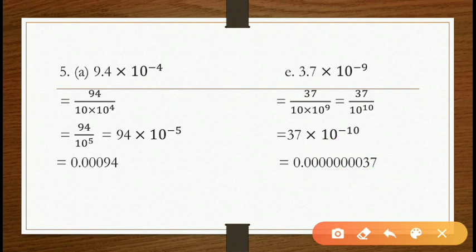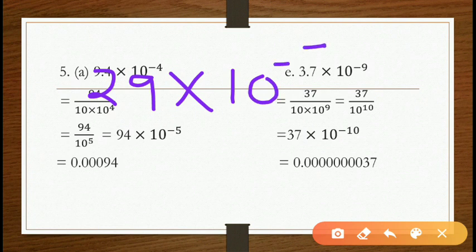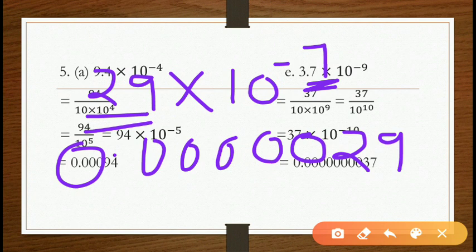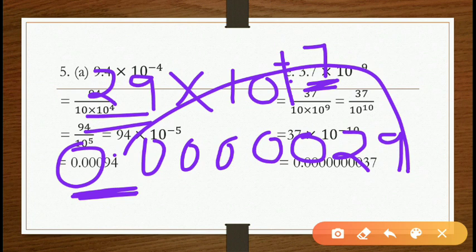Suppose your question was like that only, 29 into 10 to the power minus 7. You want your decimal on the 7th place. Here only 2 digits are given, which means you want 5 more digits, so you write 5 zeros, 1 2 3 4 5, and then place a decimal. Clear? Remember this, here is a negative sign, that's why I am placing a 0 on the left hand side. If this was a plus sign, you place your decimal on the right hand side.